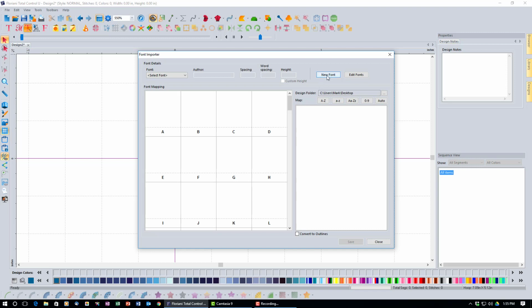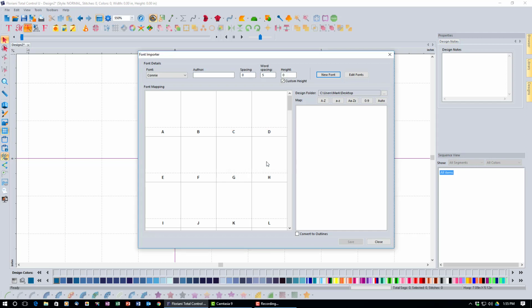So we're going to go ahead and click that, and I'm going to give this font a name. Now the font that I'm going to be demonstrating with, and the one that I just showed you a bit of, is a font named Connie, and it was provided to us as a courtesy by Lindy Goodall, who has lindygembroidery.com, and she sells these fonts, and she has a great selection of fonts, so I encourage you to go check out her site. But I'm just going to name it Connie because that's what she called it